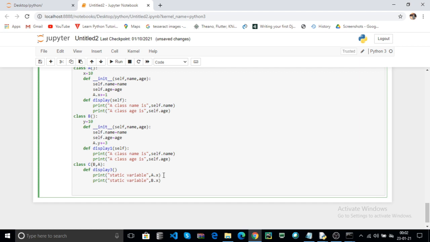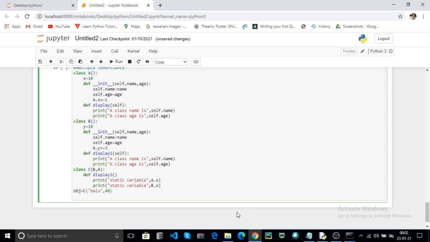Now here create an object for class C only. For example, obj equal to C of. Here you can pass, for example, name as Balu and 40 as the age.